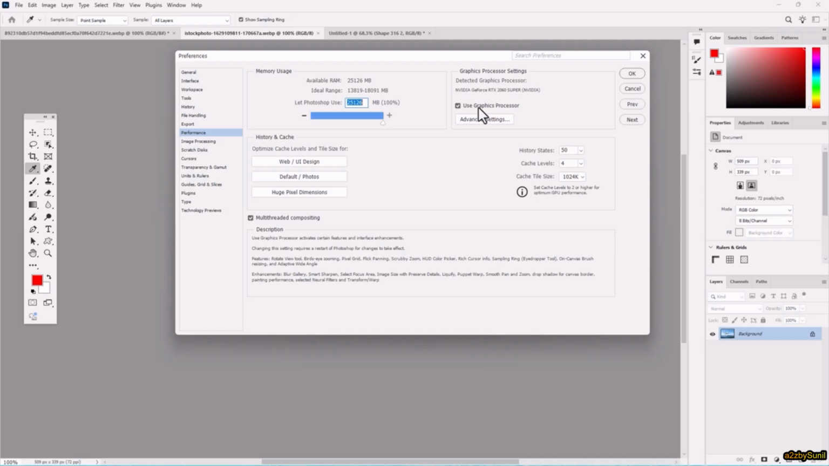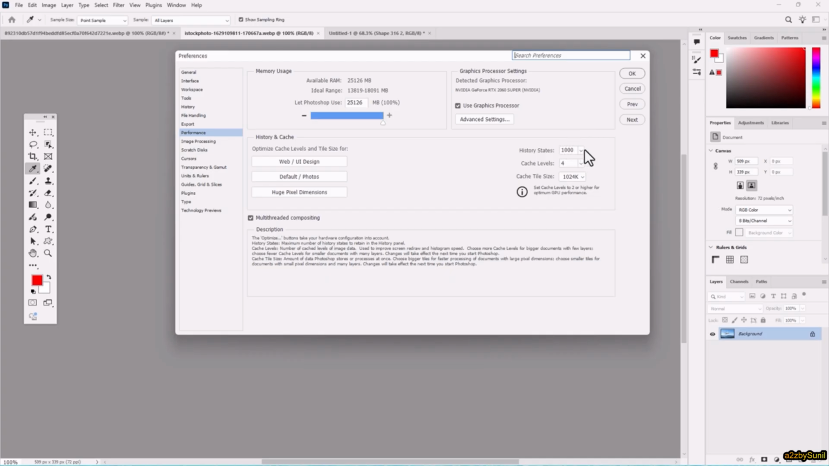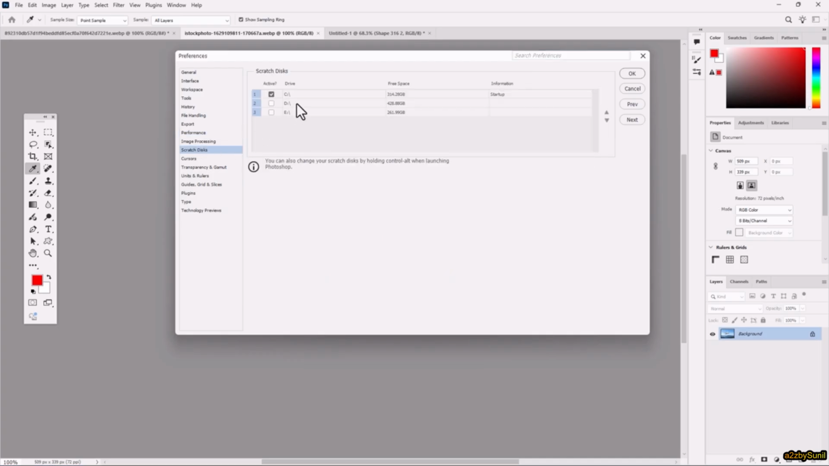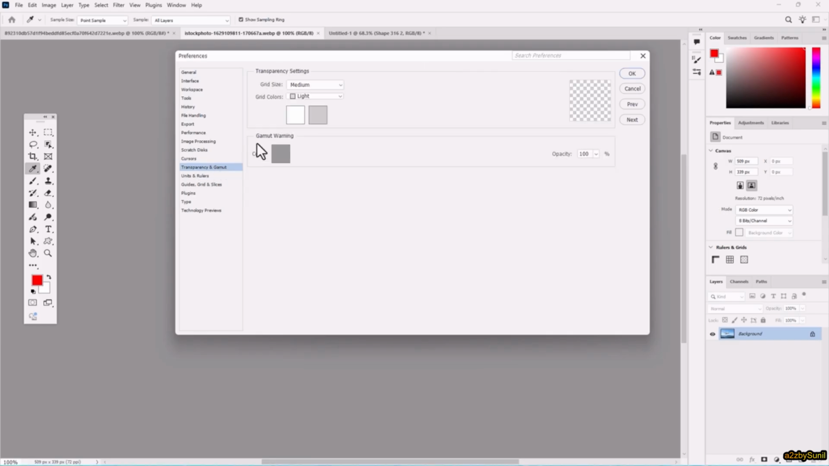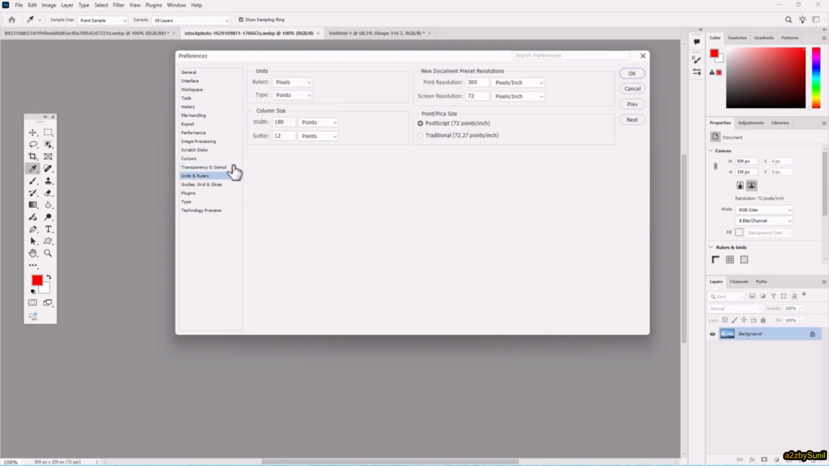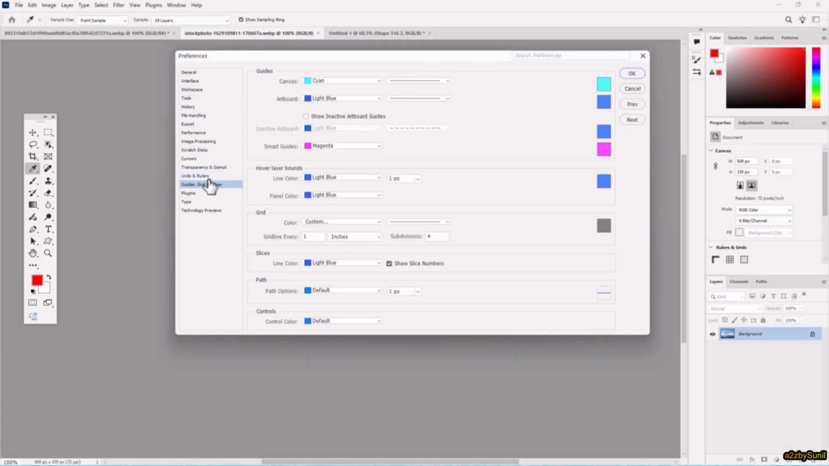So if you need to undo or redo your change from the history, you can change undo redo from 50 to 1000 steps. And the next part is if your drive has a lot of space, you can change by going to crash disk. First select your empty drive and then turn off your full drive. And you can change the style of the painting brushes by standard, normal, full size. You can change the transparency style like this, grid styles, large, small. The unit rulers, you can change the ruler unit to centimeters, millimeters, and you can change the guideline, grid line,